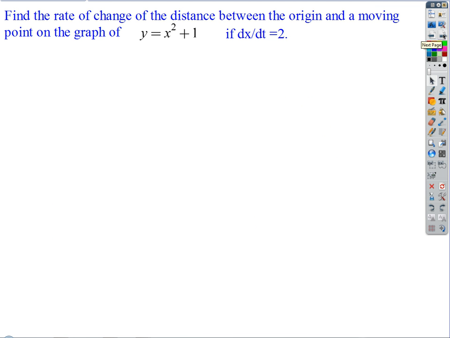Okay, what about this one? So this is a good one. This doesn't look that complicated, but I would say this is one of the harder related rates problems. It doesn't look that terrible. So find the rate of change of the distance between the origin and a moving point